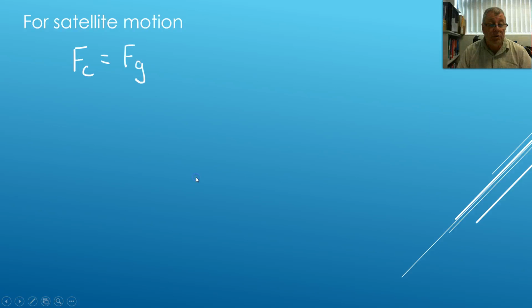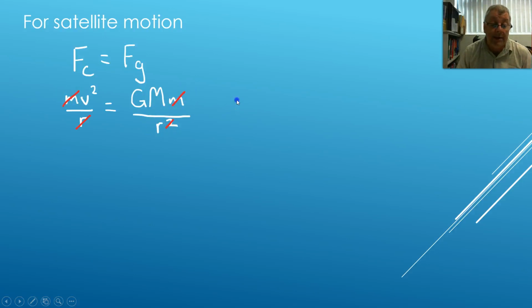Now for satellite motion, we of course have the centripetal force is equal to the force due to gravity. We can put these two equations together, which is what we did before, but we could do something different. We can actually cancel out the radiuses and get rid of the radius squared, so we're left with 1 on r. We can cancel out the mass of the satellite, and we rearrange it,